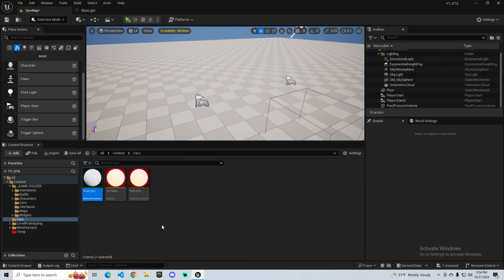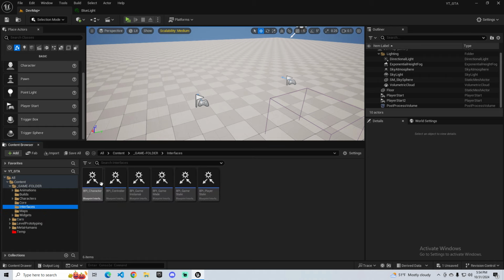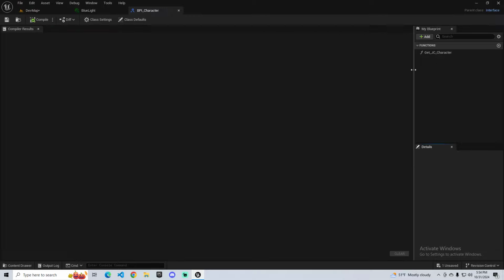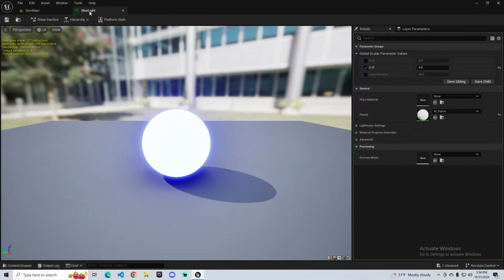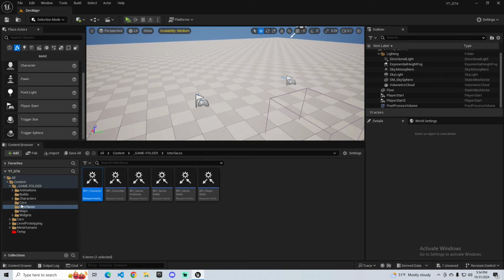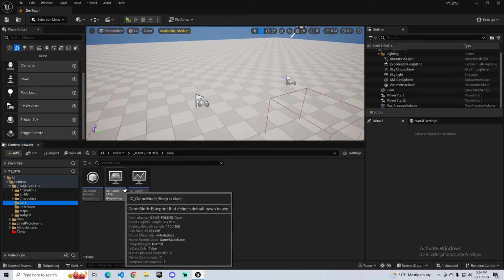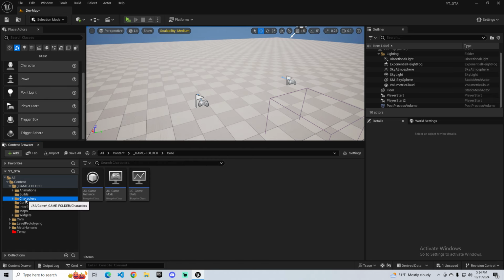Okay, so for here, let me just add a material folder and then just put everything on there. So today, you already have all the interfaces. I already went ahead and created all of them for you, so that way we don't have to create them. And these are the game modes: game instance, game mode, game state, and this is where our